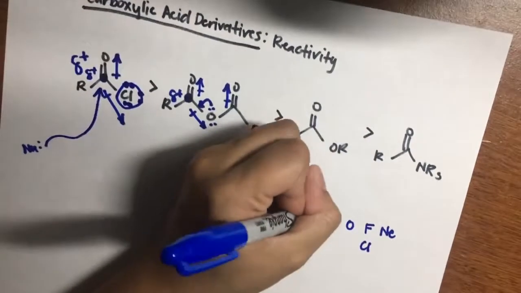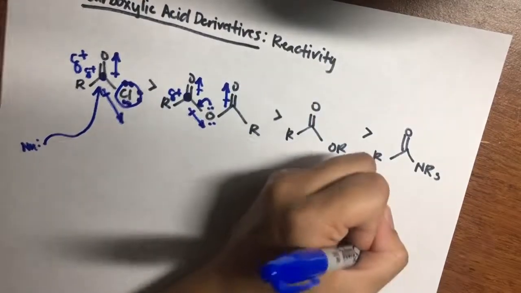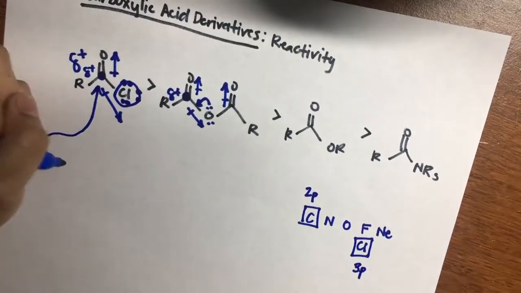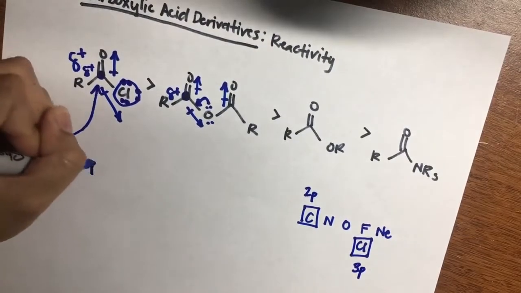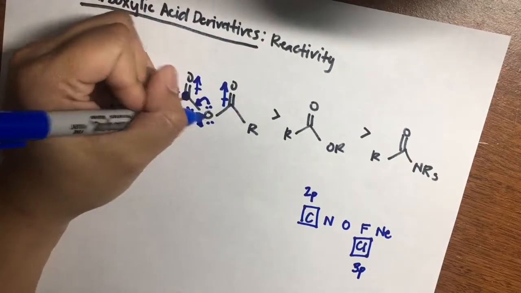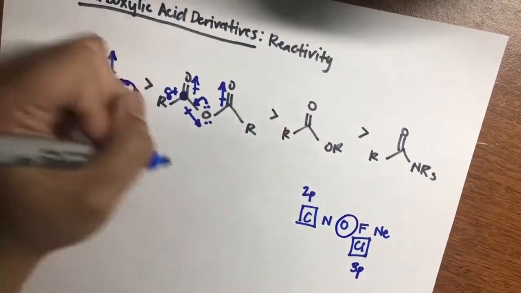You see that carbon is in a 2p orbital and chlorine is in a 3p orbital. So this 2p 3p orbital interaction makes resonance and the donating of electrons less prominent than if it were the carbon oxygen bond, which is in a 2p